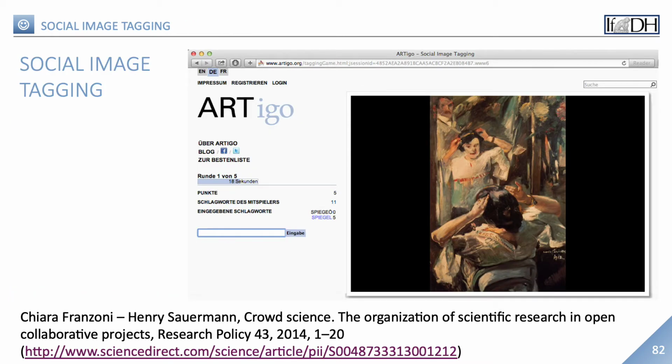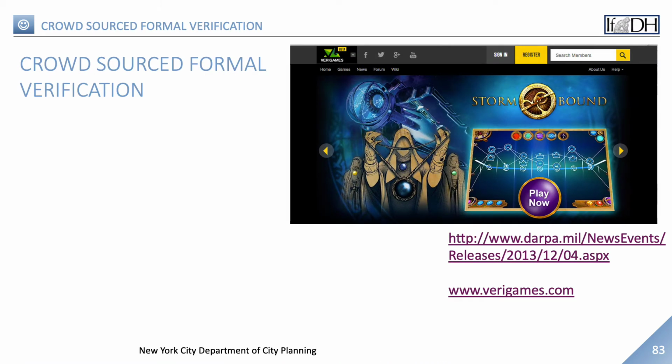However, educational games can also benefit the manufacturer. In Artigo, the aim is to find suitable terms for a picture as quickly as possible, playing against the computer. This not only trains one's vision, but was also useful to the Art Historical Institute in Munich for tagging its digital slide library. Social image tagging is the name of the process in which pictures are tagged with the help of lay people. In general, in times of big data, the qualitative processing of research data by project staff is